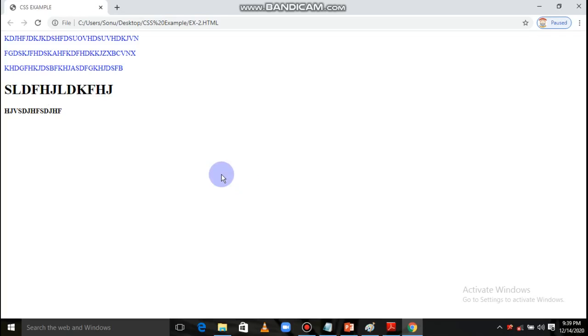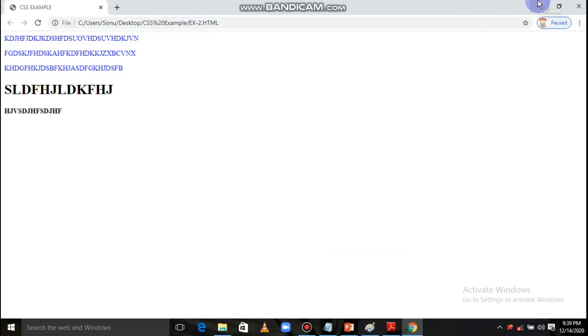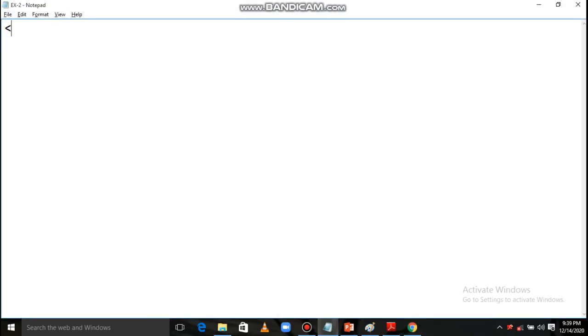External CSS means if you want to write external CSS, for this you may open Notepad and write your CSS. Suppose I want one CSS that I apply on the body tag.